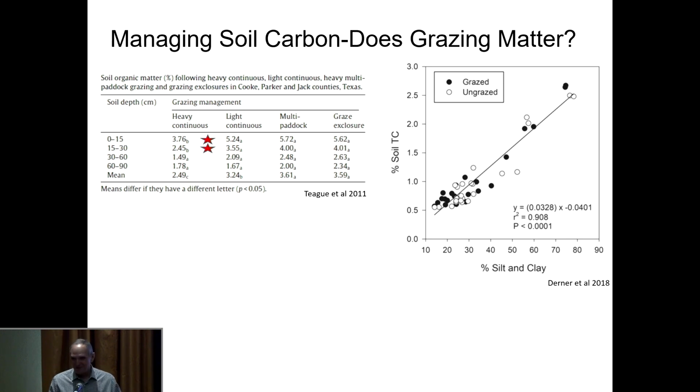When you get to that level, what it tells you here is what's really driving soil carbon. That is percent soil carbon. What's really driving that is percent silt and clay, the fine particles. That's what holds on to that carbon. That's what makes it resistant to break down and resistant to attack from those microbes and loss in respiration. So that's what's really driving that on both the grazed and ungrazed.